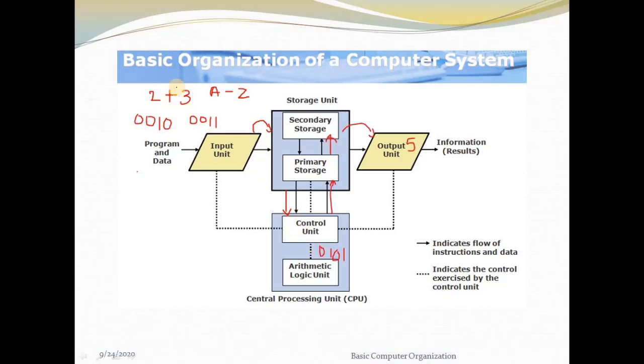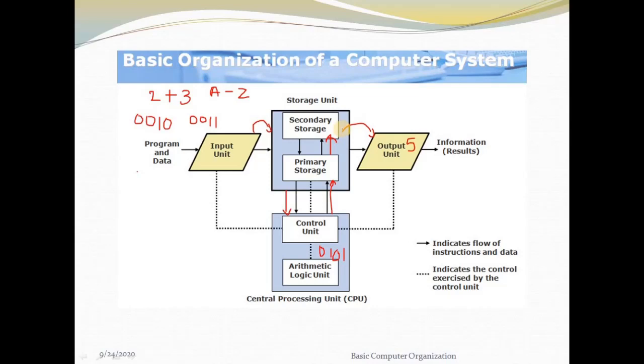The instruction that we have given is addition. So the arithmetic unit will add these 2 numbers, 2 and 3, and we get the result as 5. The information we get here is again in binary. The binary equivalent of 5 with 4 bits is 0101. If this information is given to the user, we usually don't understand it. If the result is too big, it becomes very difficult for us to understand. So the processed result present in the CPU is transferred back to the secondary storage device,